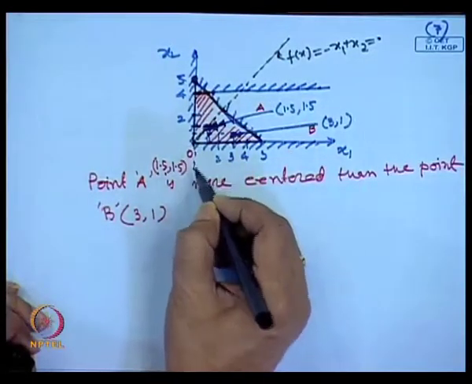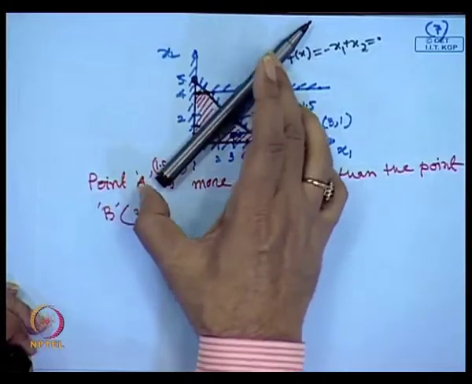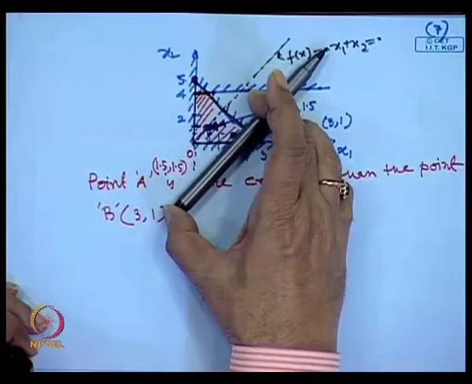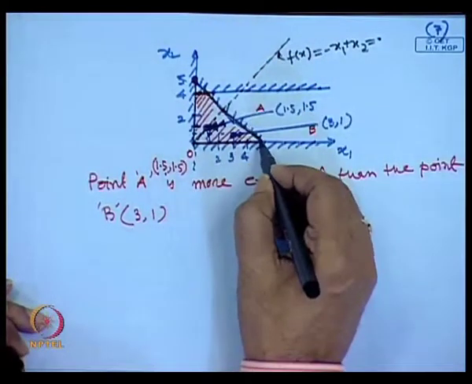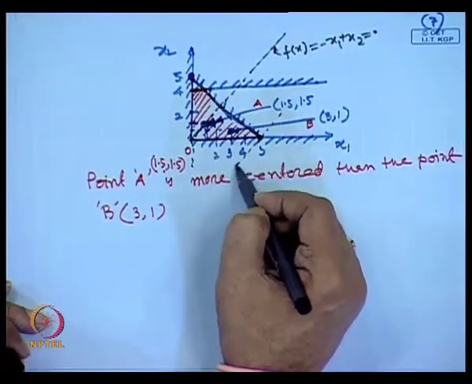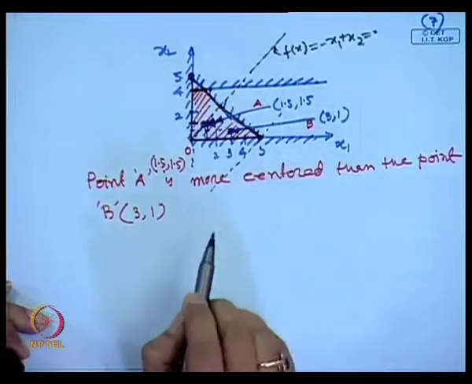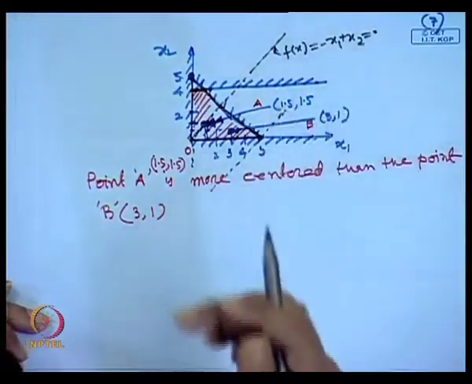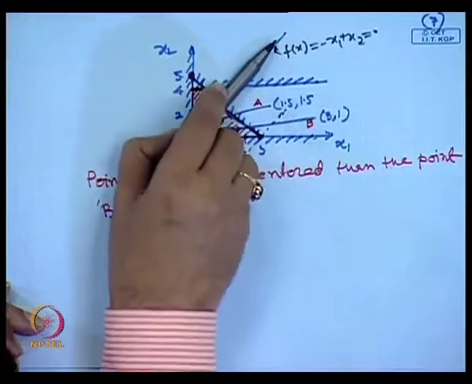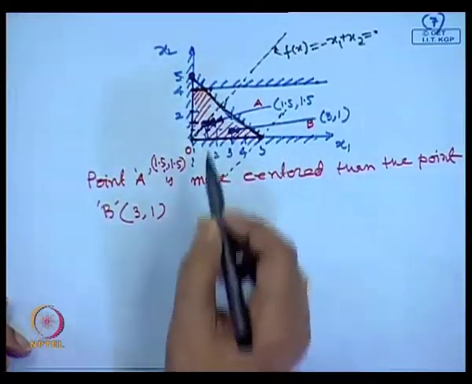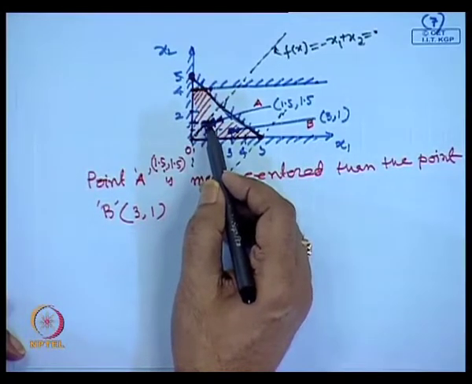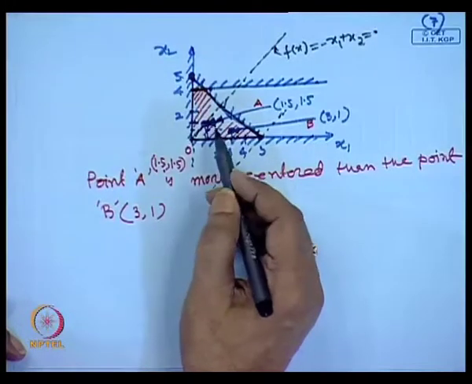Now, you see this objective function line. If you move in this side, the function value is decreasing, decreasing, and at most you can go to this point where it is crossing this one. At this point, its function value is minimum. Graphically one can see that. If you move in this direction, the function value is increasing, and in this direction it is decreasing. Now, if this point A is the starting point of our interior point iteration,